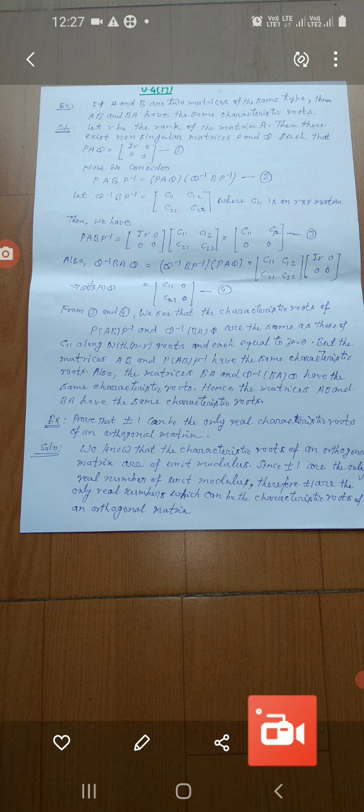Example: if A and B are two matrices of the same order, then AB and BA have the same characteristic roots. Okay, means AB and BA have the same eigenvalues, characteristic vectors. Solution: